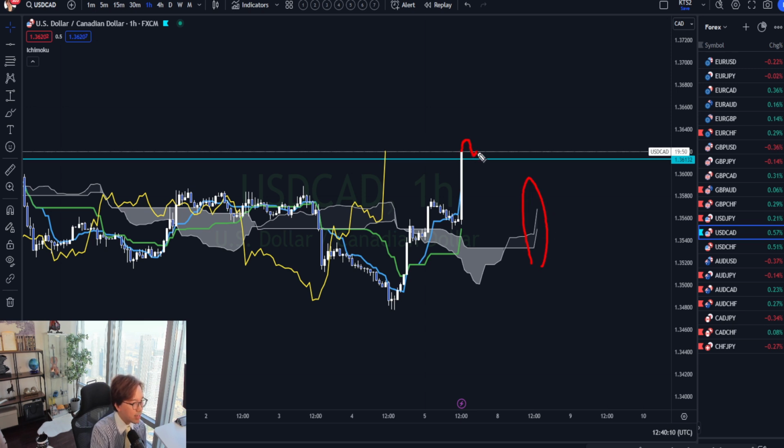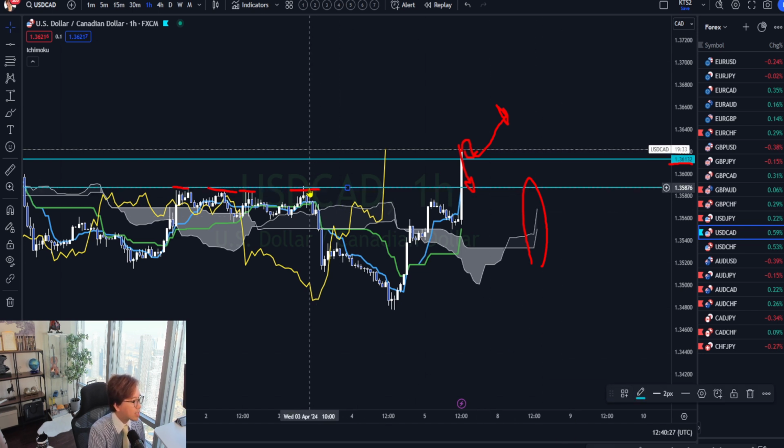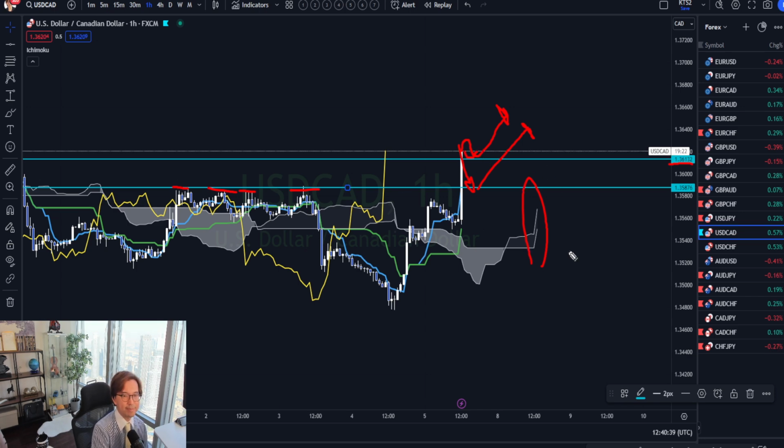I think the market will retrace and bounce on the previous resistance at 1.3613 and go up this way, or it may even break that level and go down to the previous 1 hour resistance, which is 1.3587, and bounce and go up this way too. But either way, it's bullish, so I wait for the retracement and buy. Or maybe next week, Monday or Tuesday, I come back and get ready to trade.